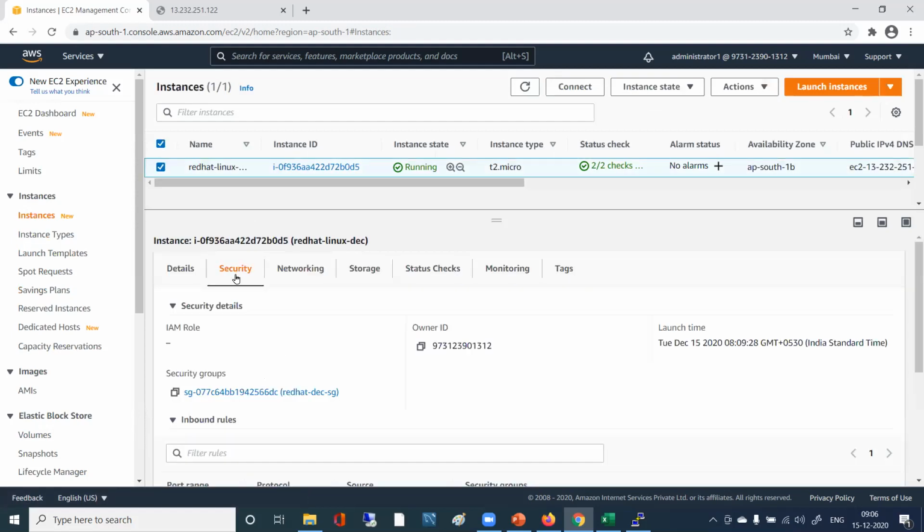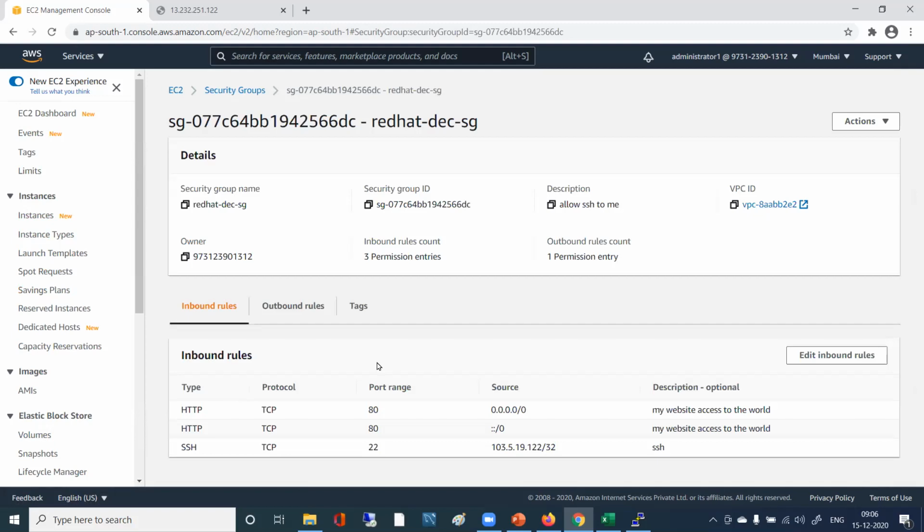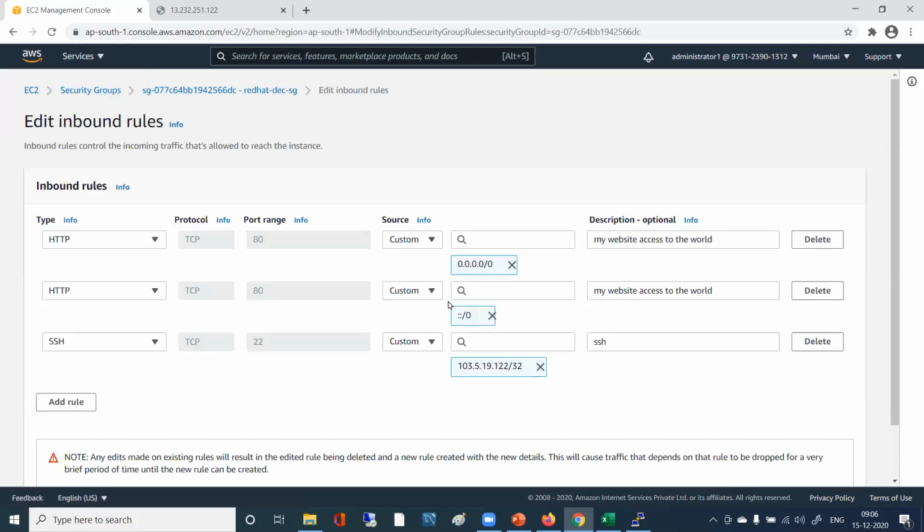That's why you are worried about the security group. When you go to edit inbound rules, it is shown as custom. Don't worry, custom on port 22 means your IP only. You have not touched this 22. We didn't touch it after we connected. Leave it, this is your IP only. There will be some dots or numbers there, so that is your IP.